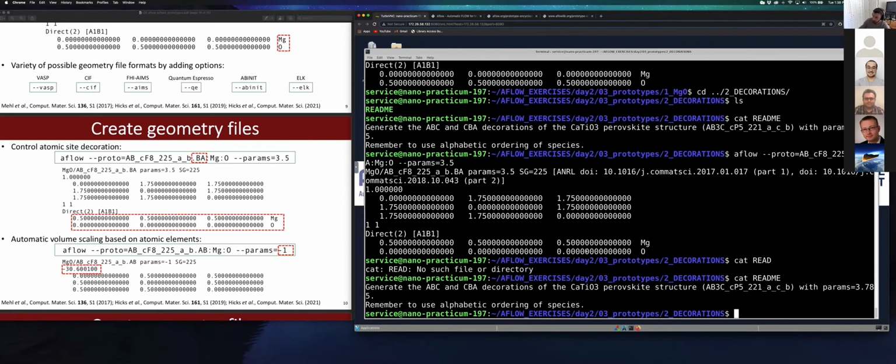So for example, let's say you have a perovskite structure which has this label. And again, there's only 1 degree of freedom for this structure, but we want to see how the decoration changes between if we use the ABC decoration or the CBA. So in this case, we do aflow --proto=AB3C_cP5_221